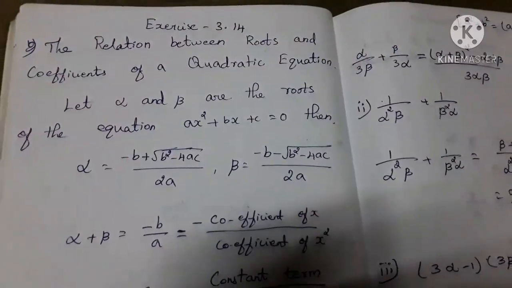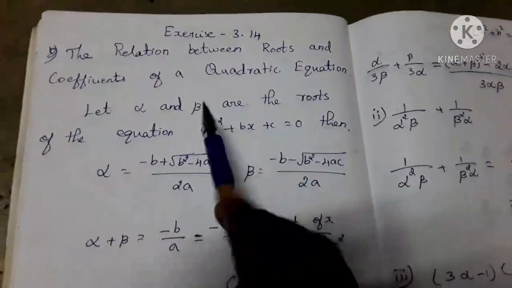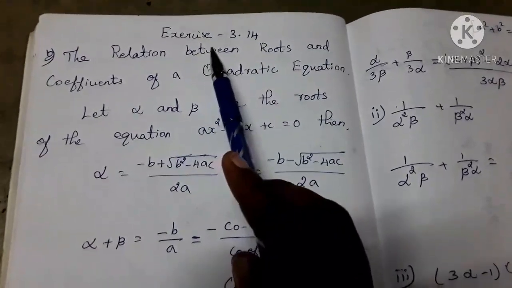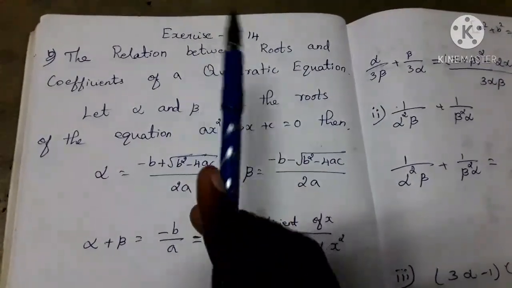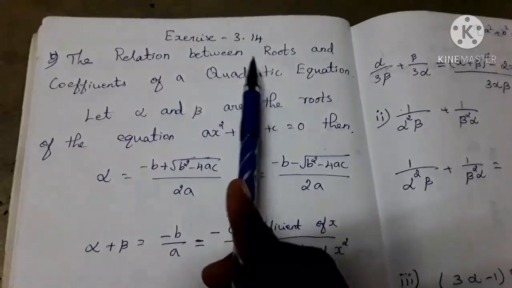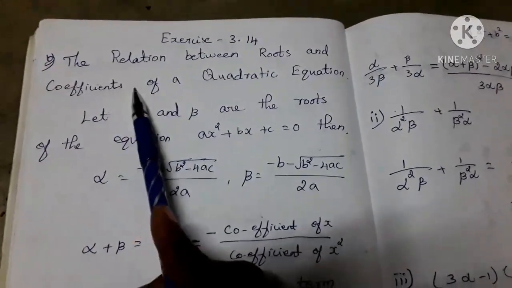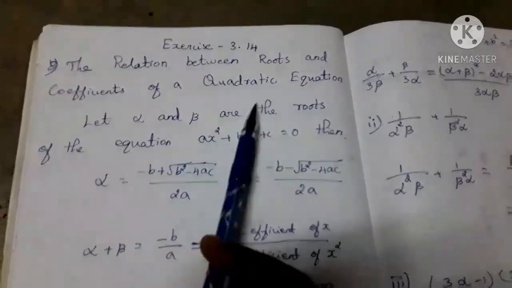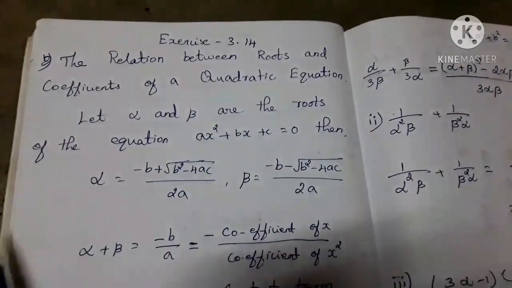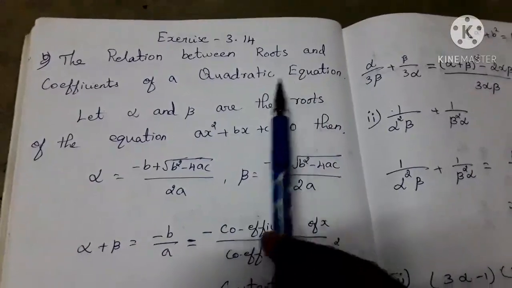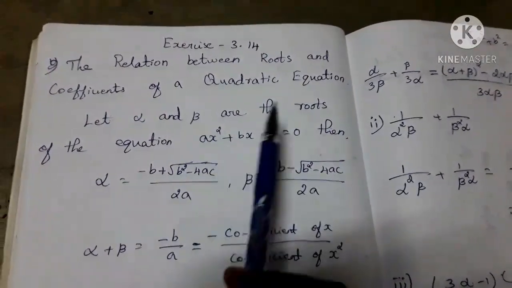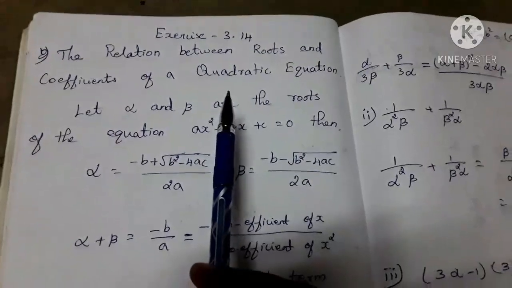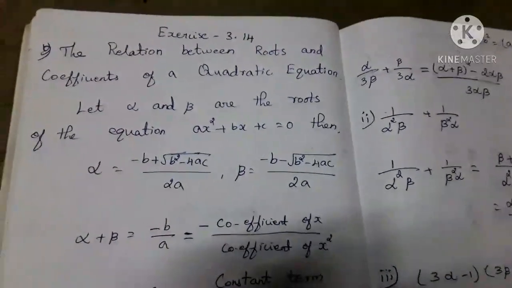Good morning, students. Today we are going to see class 10, chapter 3, algebra, exercise 3.14. In exercise 3.14, we are going to see the relation between roots and coefficients of a quadratic equation. So what is the relationship between roots and the coefficients of a quadratic equation? See,